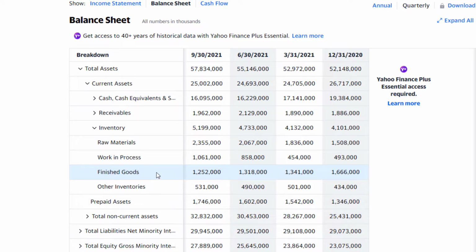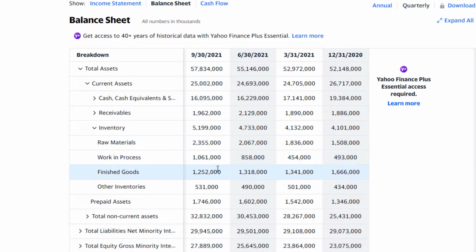A finished good is something that's now sellable. Work in progress means it's kind of in process, and raw material is basic raw materials. And so you can see that $5.1 billion inventory, you can see how those numbers change. And if we were looking at their finished goods, you could say, well, back in December, they had a lot of finished goods, and that number is going down a little bit, and more is going into raw materials and